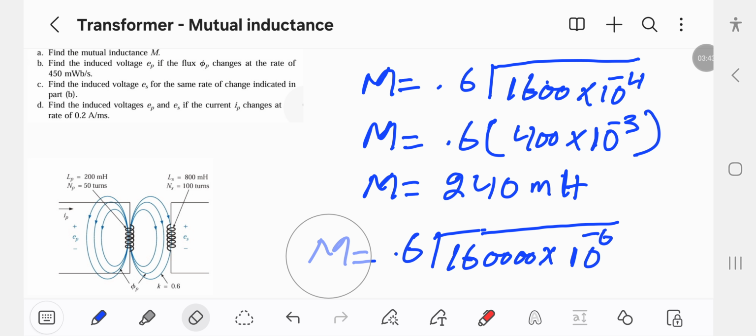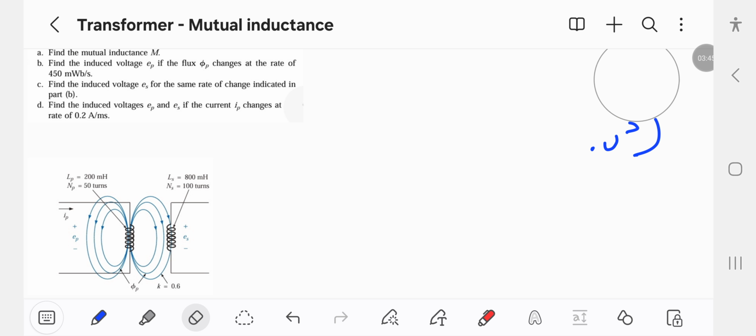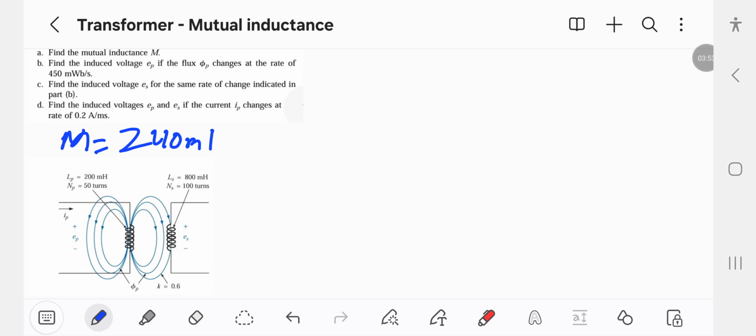Now we found the value of mutual inductance, which is 240 millihenries. Now in part B, what we are going to find is the induced voltage